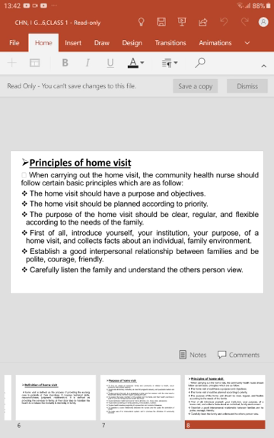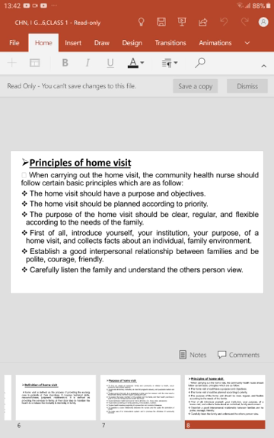So I am a community health nurse, and I am from this institution. Maybe as you are coming from the primary health center, you should tell them the locality. Then, what is the purpose of your visit? I have come to collect data and understand the health status of the people. So you should tell them the purpose of the home visit. Then you should collect the particular data from each individual as well as the family and their environment.